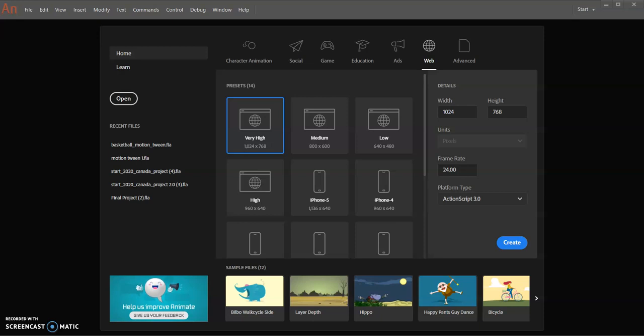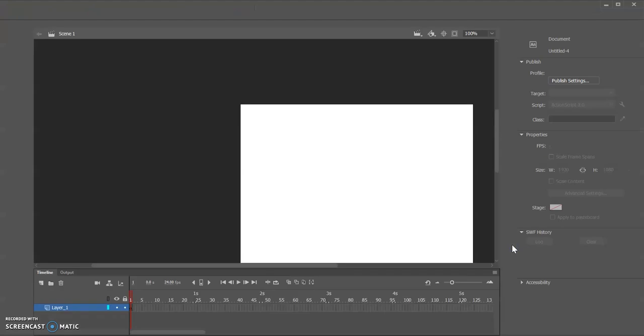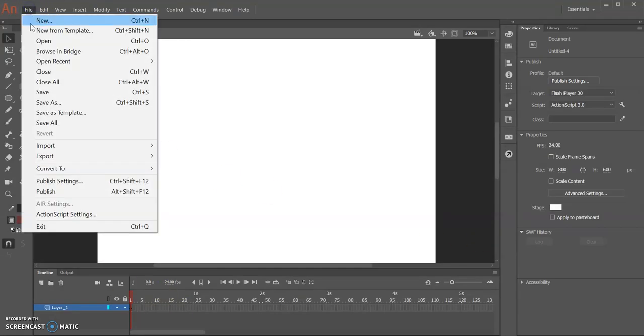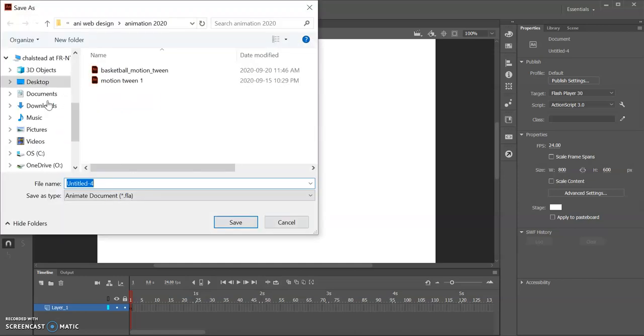Okay, in this video we are going to look at the difference between shape draw and object draw. So there's quite a bit of difference between the two, and let's take a look at it. So I'm just going to make a stage here that is, let's go 800 by 600 pixels, 24 frame rate, and ActionScript 3.0. So with object draw, I told you in the first class, I'll just go file, save as,